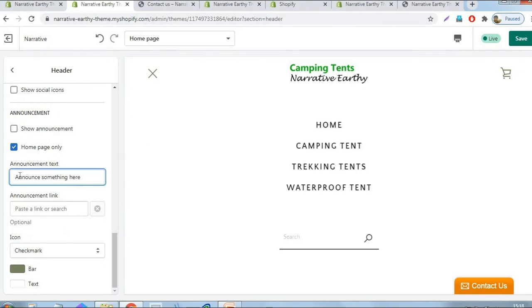Okay. Here in the top bar, announce something here. This is the top bar text. We can use any informative text here. Order $75 or free shipping.